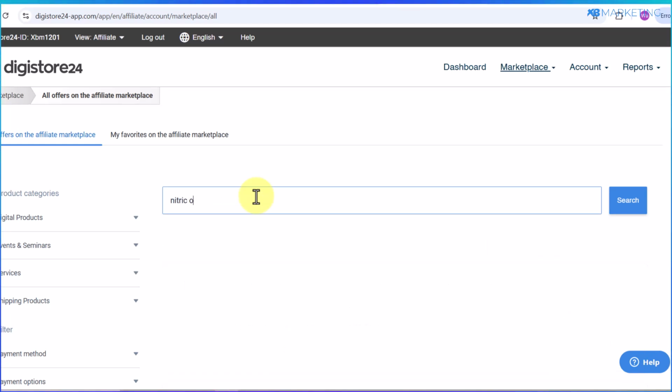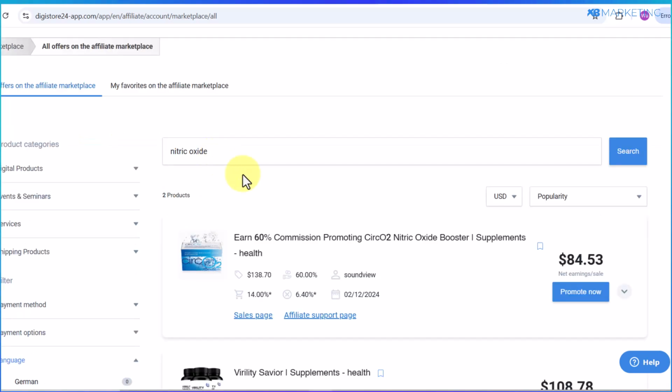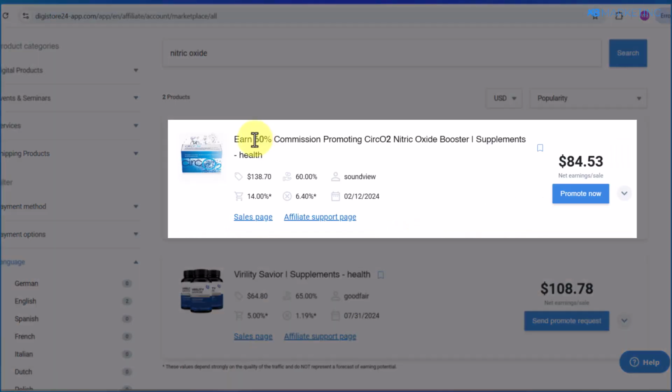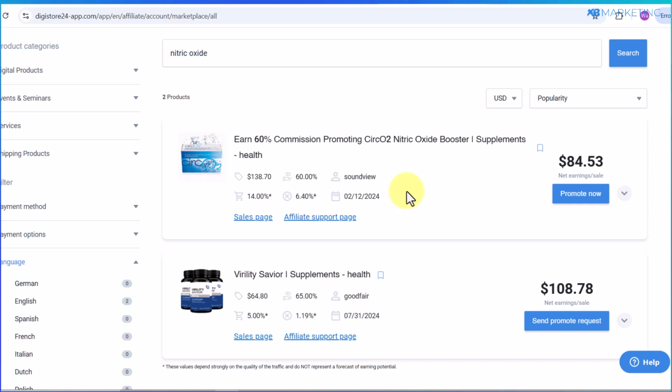in nitric oxide. Okay. So once you do that, you can find other products on this platform you can promote instead. So you can see this one here is going to pay you 60% commission, and as you can see, you're going to get paid $84 for every sale you make. Okay. And also, before you promote any of the products on Digistore24, you want to look at the percentage of visitors that's purchased this product. As you can see here, 14% of people who come over to the landing page of this product tend to